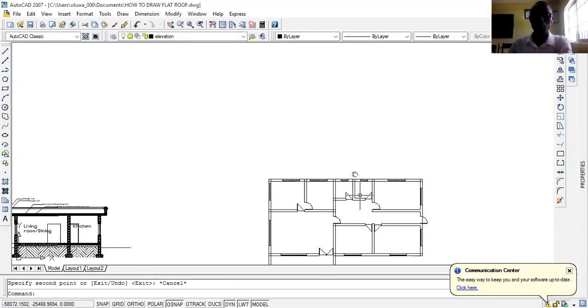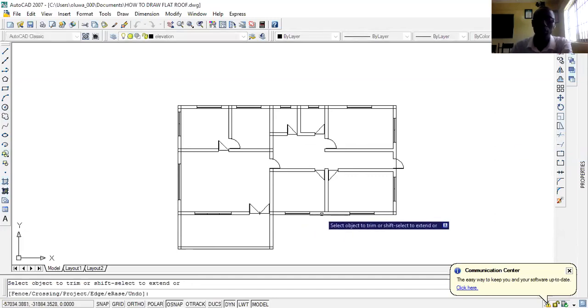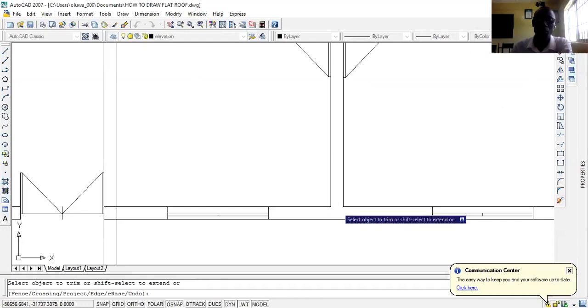So the windows and the doors are all fixed. If you observe, all we have done in construction line, all the lines are the same thickness. At this point, we need to change these lines to differentiate between outlines and construction lines. So when you are done with this immediate drawing, make sure you erase those areas that